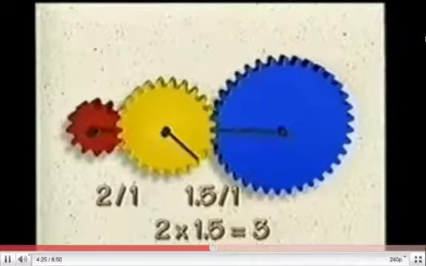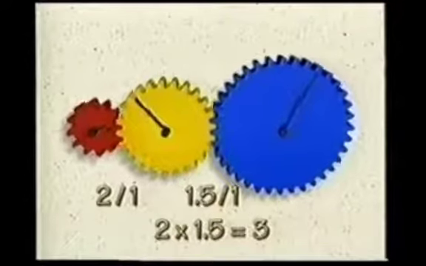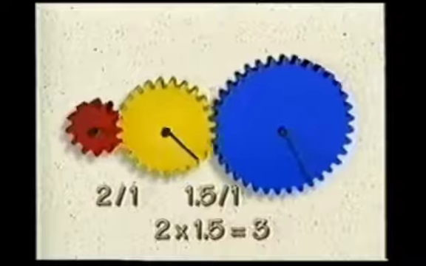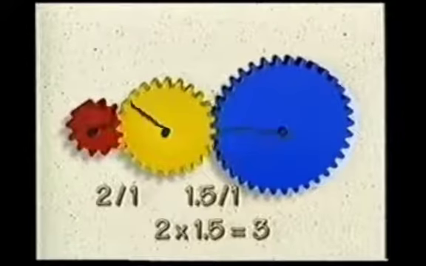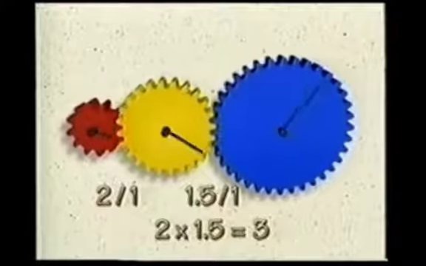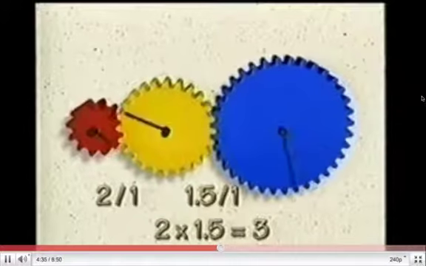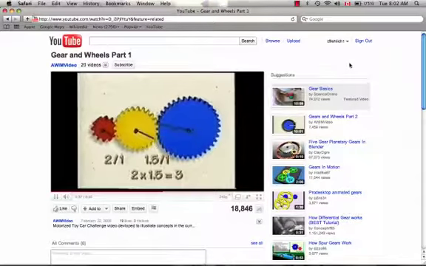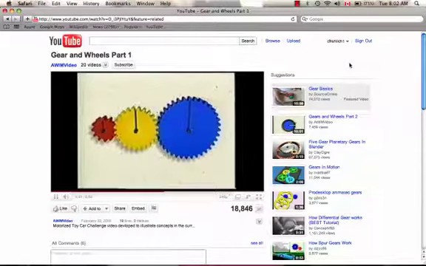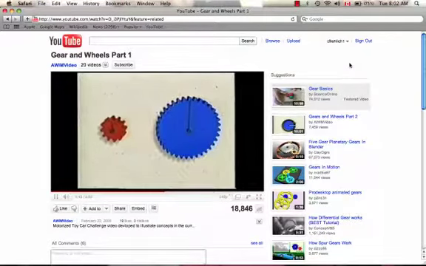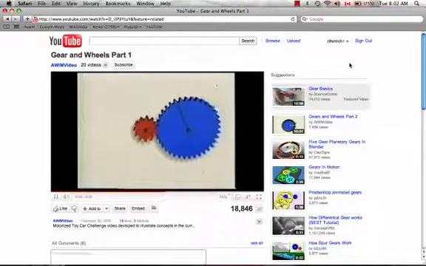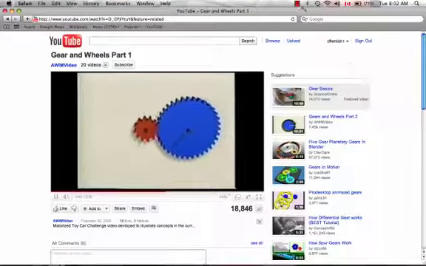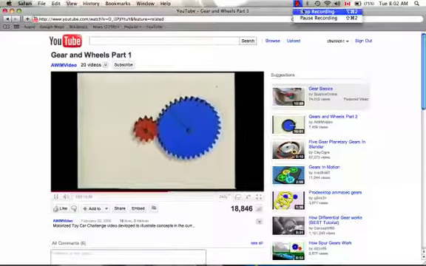Multiplying the 2 gear ratios together, 2 times 1.5 gives the same 3-to-1 gear ratio as when the red gear meshed directly with the blue gear. So the addition of the yellow gear did not affect the gear ratio, only the direction the blue gear rotates. If direction didn't matter, the yellow gear would be unnecessary. Because gear friction reduces power, engineers never use more gears than are needed. We could get larger gear ratios by